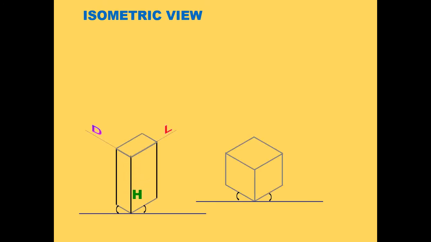Let us understand these two examples. Remember, these are the isometric views of two different objects. The first one is a box. As we see here, it is a box having three dimensions, and the second one is a cube. Both these views are drawn in such a way that the three different dimensions, that is length, width or depth, and height, are visible. As far as the cube is concerned, it is resting on a corner of its base, lifted on that corner, such that the three faces or three different dimensions of the object are visible.